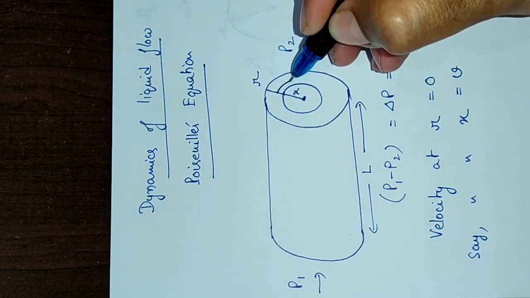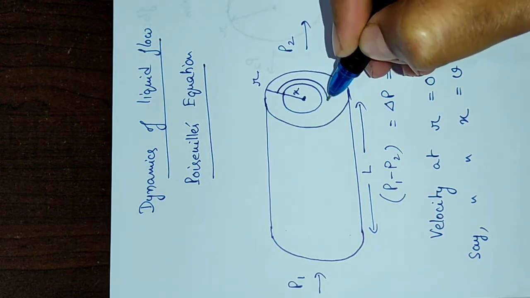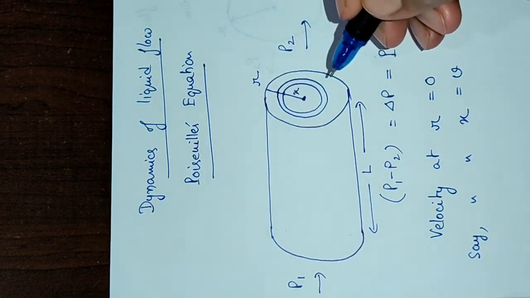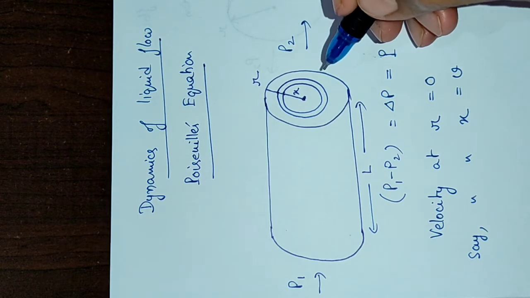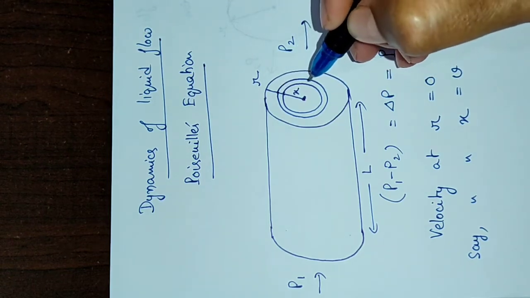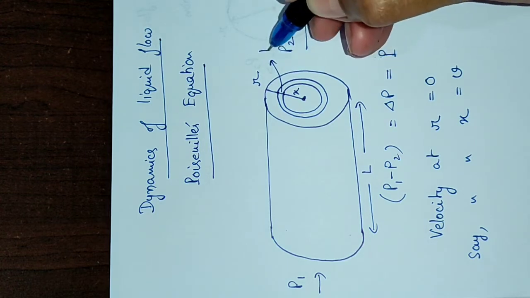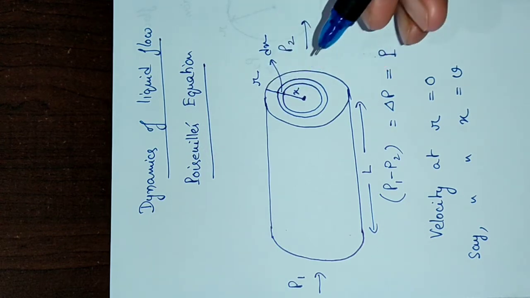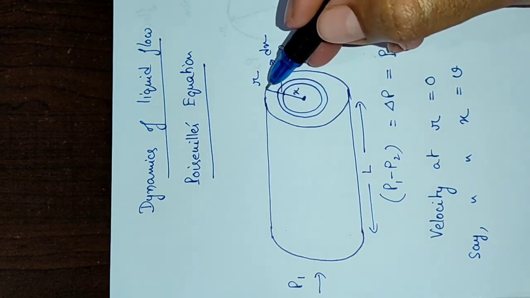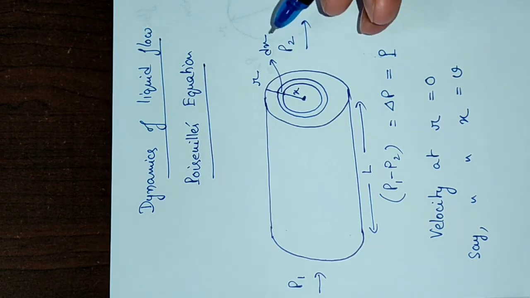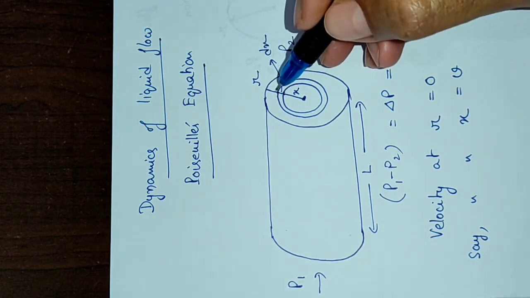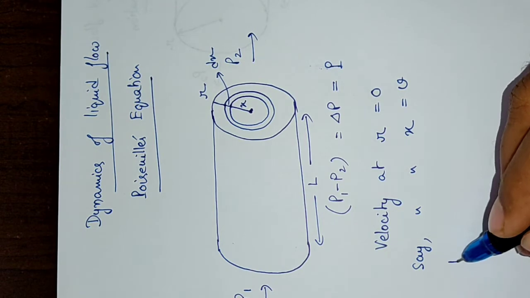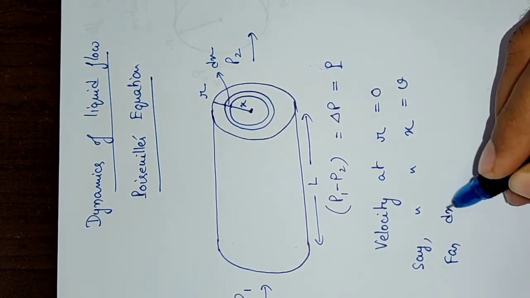We approach a very small amount from x towards the end of the pipe, away from the center by a very little amount, say it to be dx. Now as the velocity drops from the center towards the end of the pipe, with increase in dx from x, there will be a velocity drop. So for dx change,